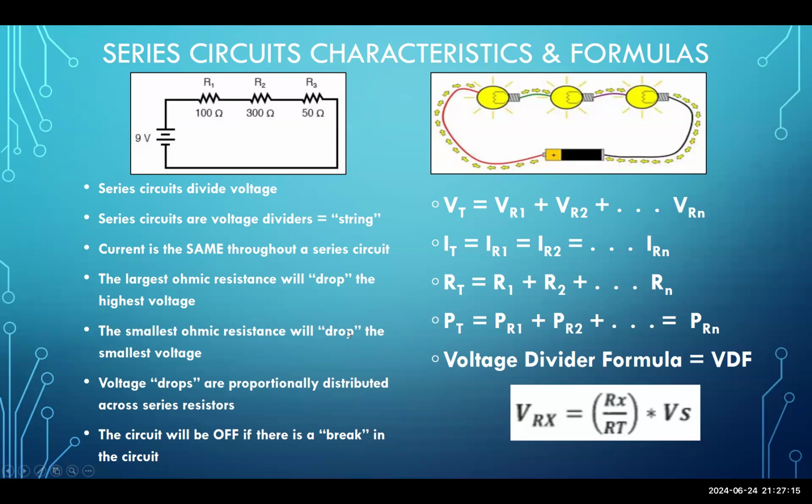Now, the drop is a very common term that we use in electronics, and it just simply means a certain amount of voltage from the source is measurable across a resistor. A certain amount of voltage is dropped across each of these resistors. So it turns out that the smallest ohmic resistance will drop the smallest voltage. Which one of these is smallest? 50 ohms. So of the three resistors, the portion of 9 volts that is measurable across the 50 ohm will